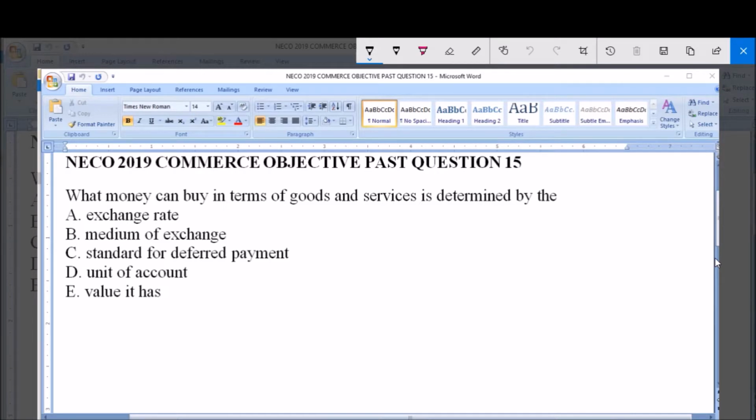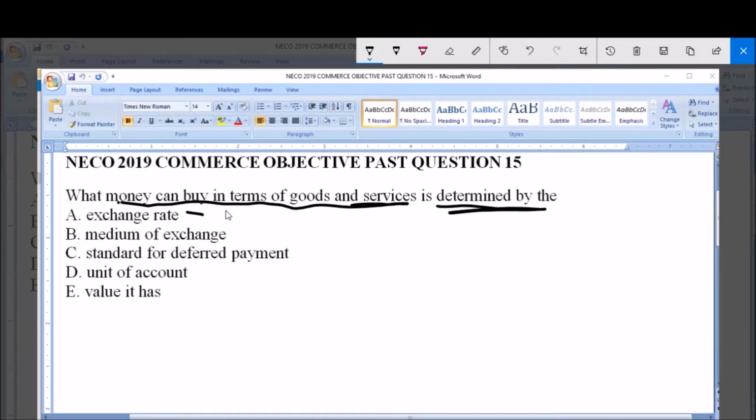What money can buy in terms of goods and services is determined by the A. Exchange rate, B. Medium of exchange, C. Standard for deferred payment, D. Unit of account, E. Value it has. So we're looking at what money can buy in terms of goods and services and what it is determined by,